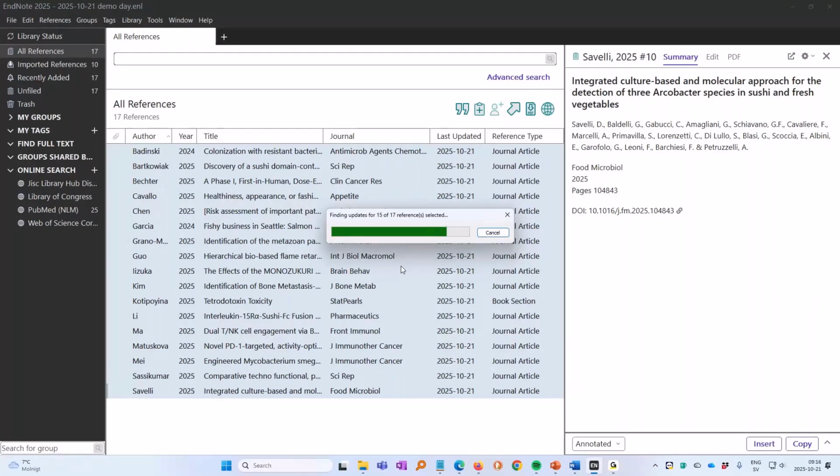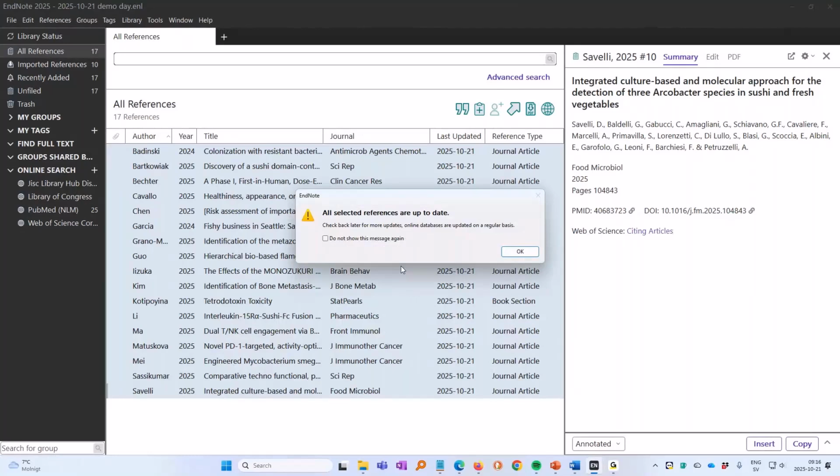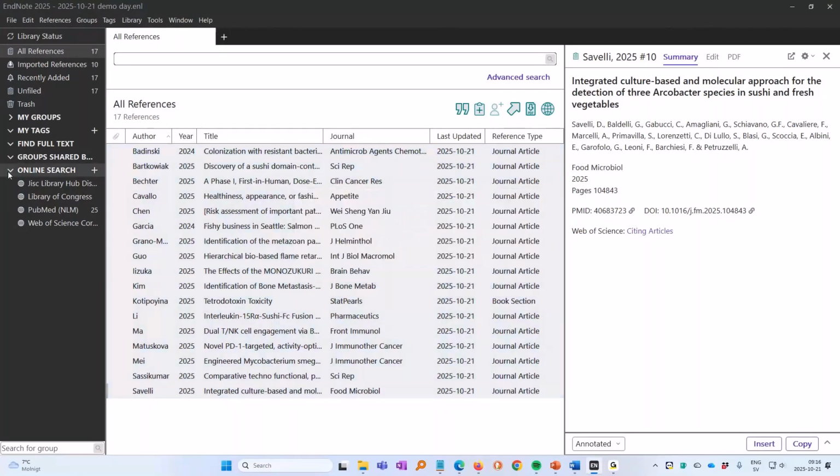You set it up and go and have a cup of coffee. Or if you're going to look for full text, it's also good to do this because there is some additional information. Now it's done. There is some additional information that